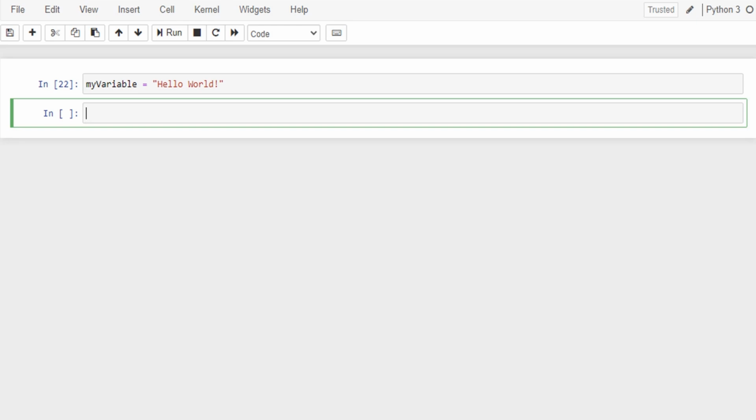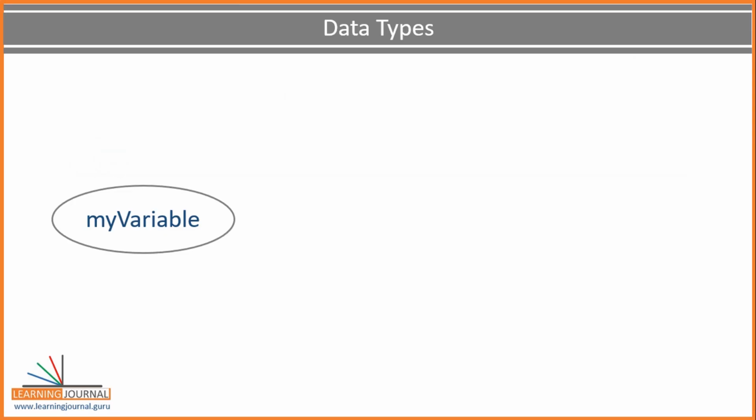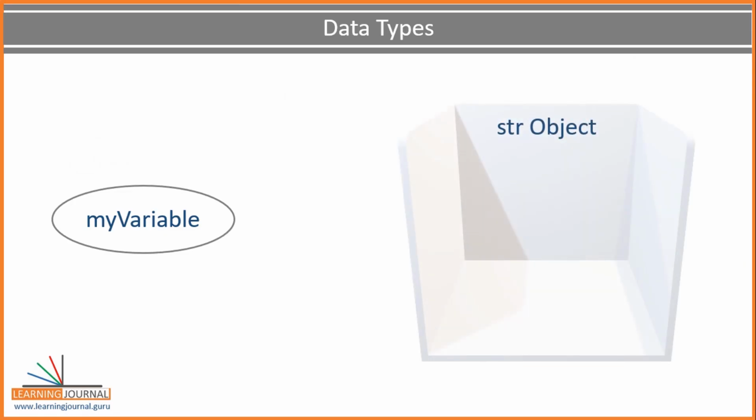Why? Because a Python variable name is just a name that points to some object, and it can point to anything. So when we create a variable, we create a name. When we defined a text string, we created a str object. And when we assigned the str object to the variable name, the variable started pointing to the object.